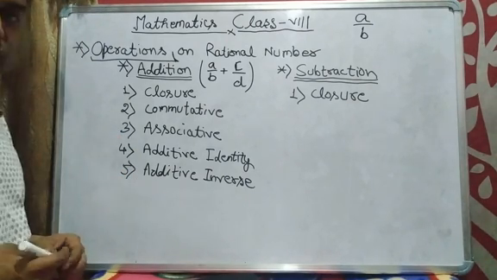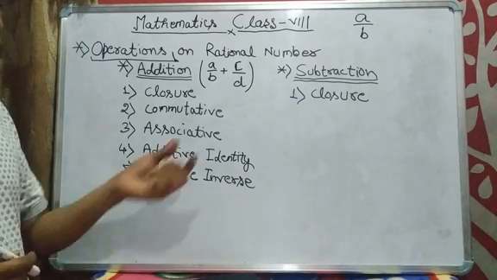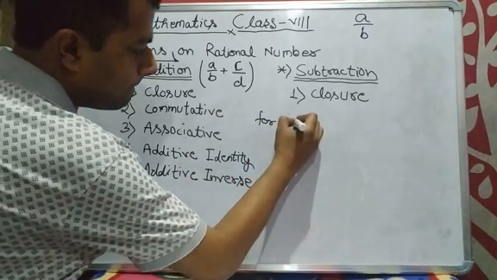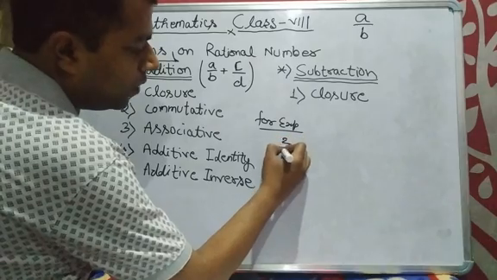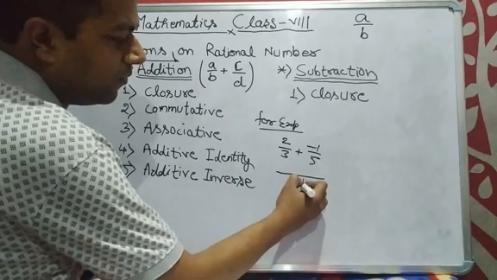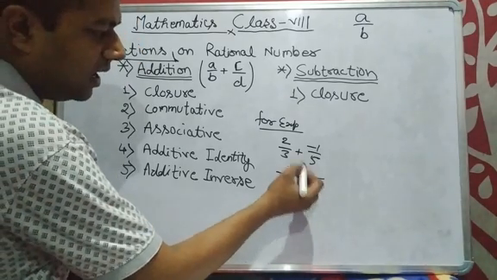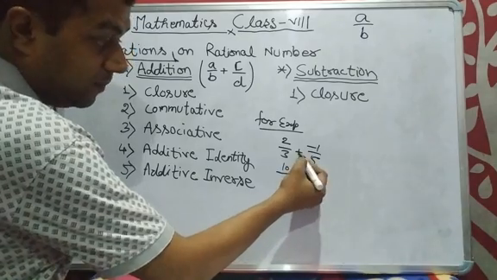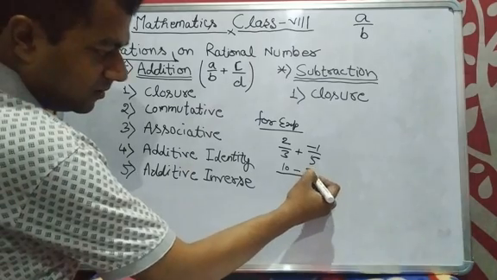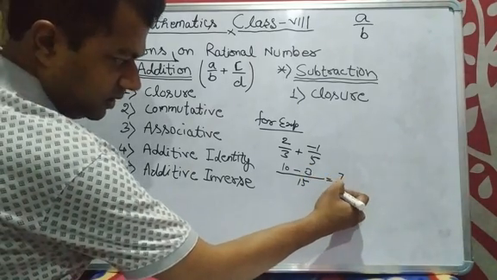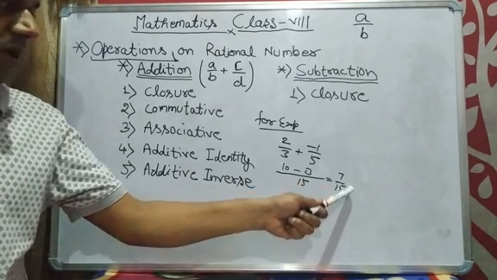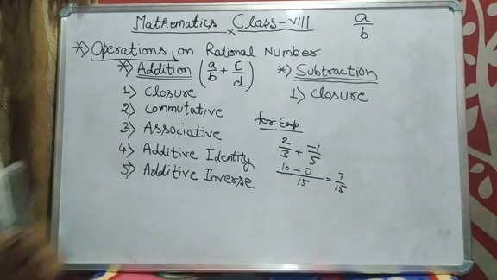Now you are in the 8th standard, so all of you can easily add two rational numbers. For example, we are going to add 2 upon 3 plus minus 1 upon 5. By taking the LCM, 15, 3 fives are 15 and 5 twos are 10. The plus sign must be there, but minus is there, so plus minus becomes minus. It will be 7 upon 15. If we are able to cut it, then we can convert it into the simplest form.